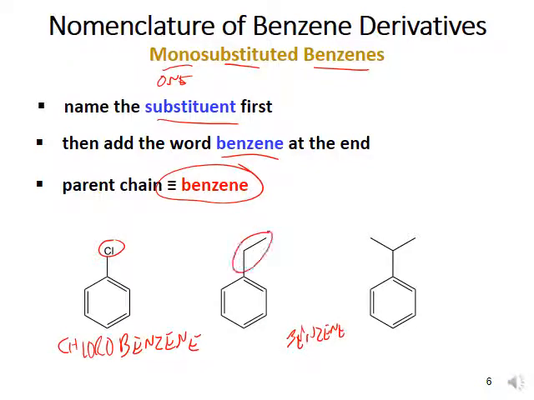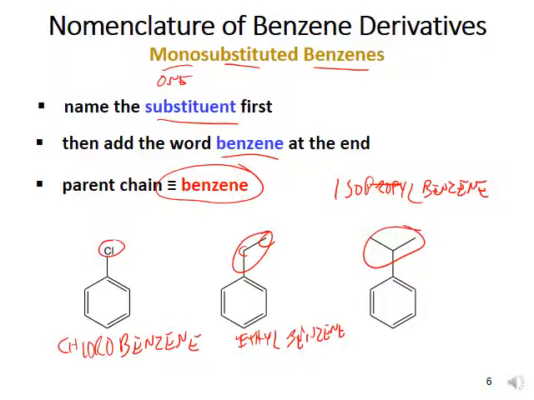What is this? 1 carbon, 2 carbons, so that's ethylbenzene, right? Because it's an ethyl group attached. This you better recognize at this point as an isopropyl group. So if you have an isopropyl with a benzene, you have isopropylbenzene. Not too bad, but there's a little bit more to it that we will talk about next, which is